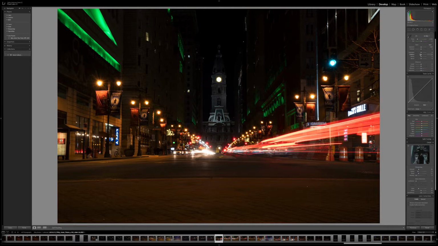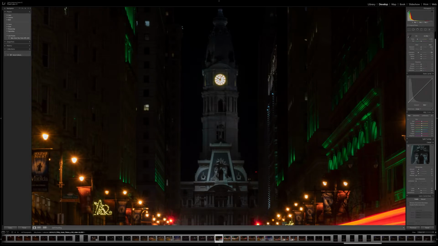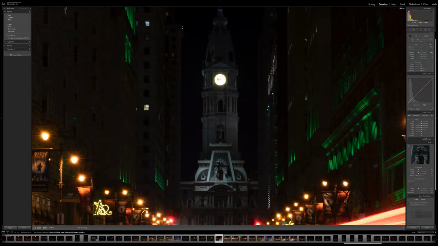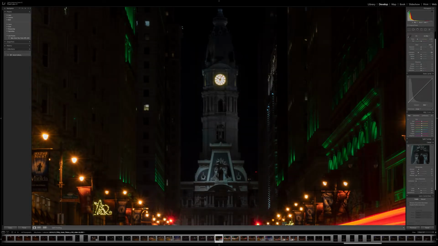So first thing I'm going to do is lower the highlights. Now that might seem a little bit weird because, you know, it has light in the word highlights, and I'm lowering it to get a little bit darker feel. But actually what that's going to do is bring out a lot of detail in the overblown parts, especially in this clock as you see right here. So beforehand, kind of blown out, but now that I lower those highlights, you can get a little bit more